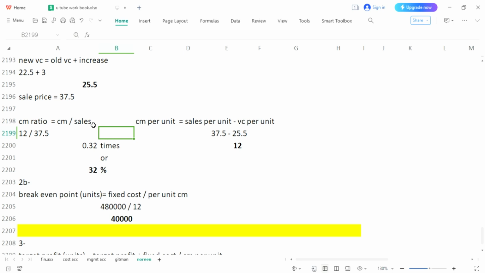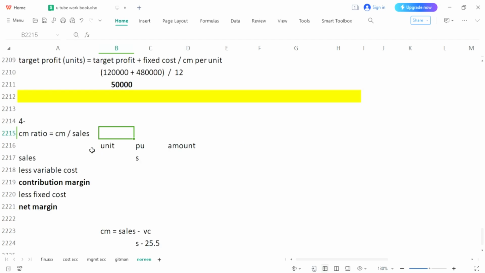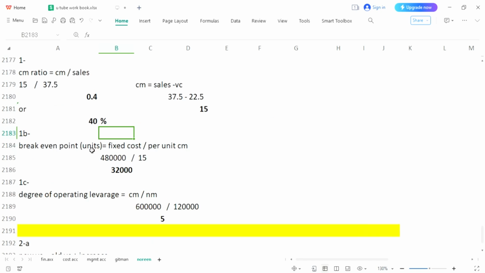CM divided by sales is equal to 0.32 in the second part, but the original calculation was 40%. How did you calculate CM divided by sales is equal to 40%? The same we are using over here